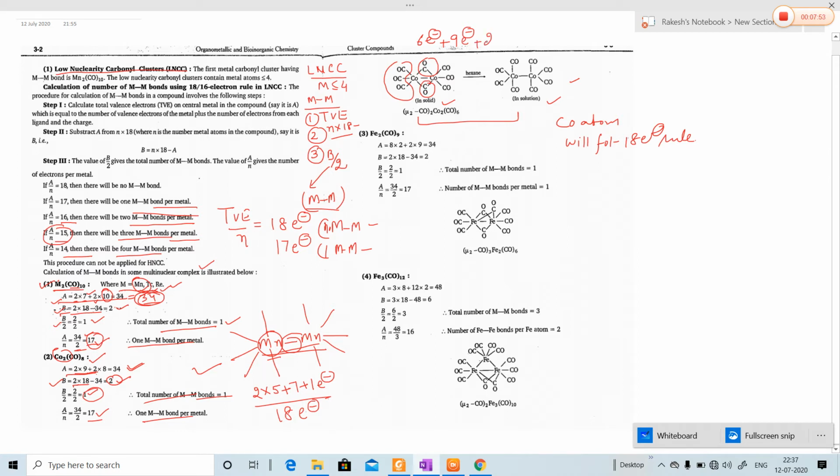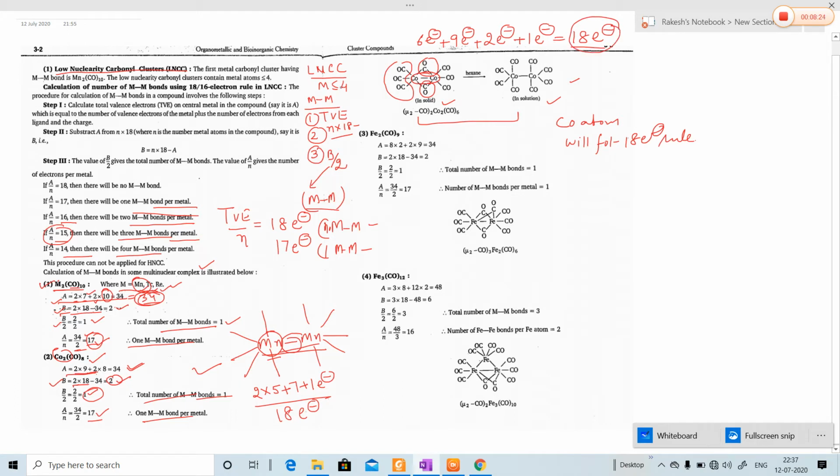They will contribute 1 electron by each bridging ligand, and there is one single bond between the 2 cobalts, so each cobalt will get 1 electron. Then there are a total of 18 electrons